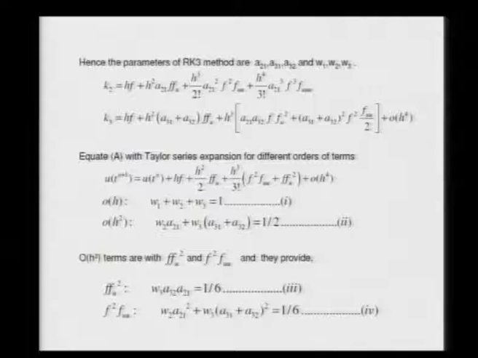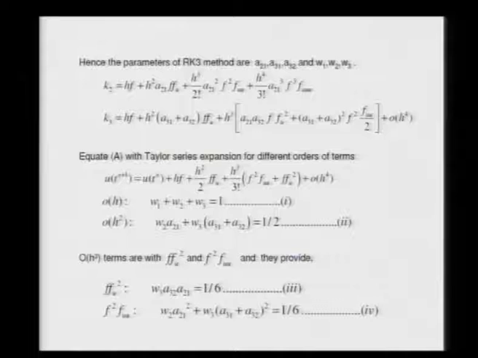then we would be able to equate the coefficients of various terms involving powers of h. For example, if we equate the coefficients of terms proportional to h, then the Runge-Kutta method will give you W 1 plus W 2 plus W 3, while the Taylor series coefficient is just 1. In the same way, for the order h square term, we get equation 2 here, and for the order h cube term, we will have two sets of terms. One will be multiplied by f u square, and another would be multiplying f square times f u u, and when you equate those coefficients, you get these two relations, which are given by 3 and 4.